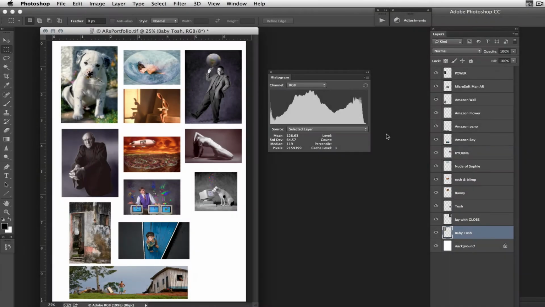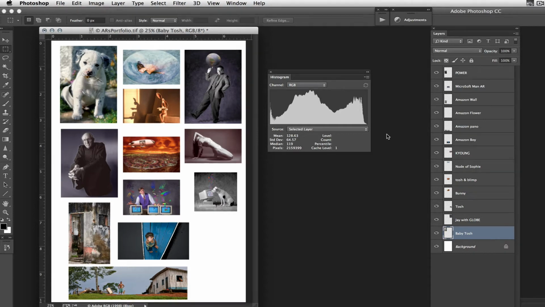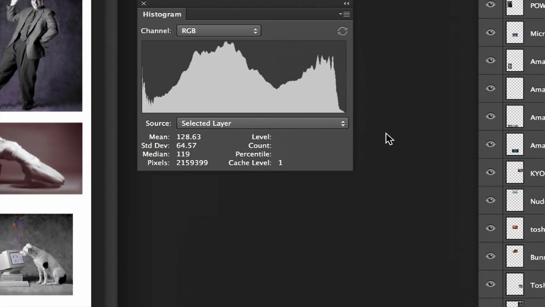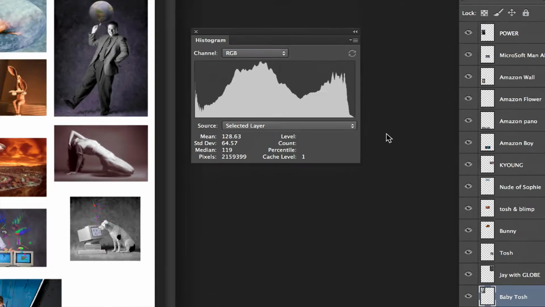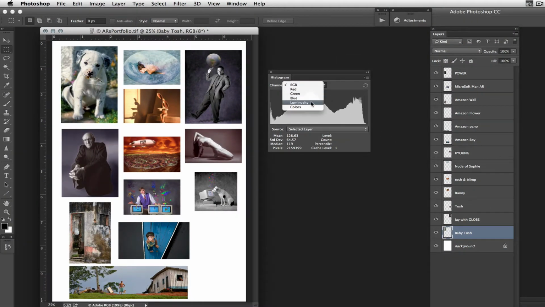So back in Photoshop, I just want to quickly show you the difference between viewing the histogram in RGB versus luminosity. And I've got a layer selected, which is the little dog in the upper left. And here we are, we're viewing the image in RGB, the composite. And if we zoom in, you can see it appears that we're really close to clipping highlights over on the far right. If I select luminosity and refresh,